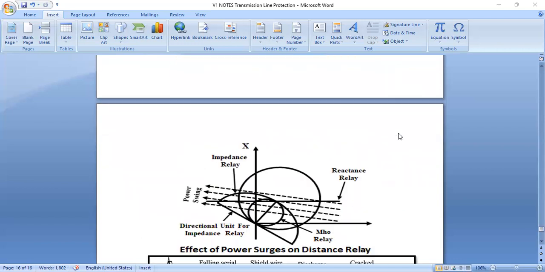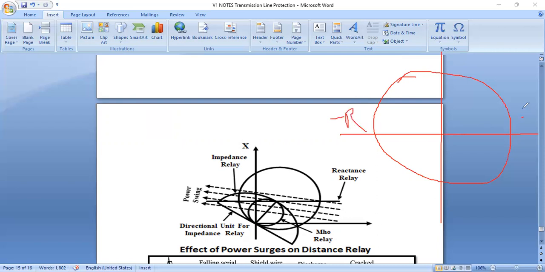I will draw here the RX diagram. This is the circle. This is the RX diagram. There is the minus R, there is the plus R. This is the X, and there is the minus X. Okay. Now,